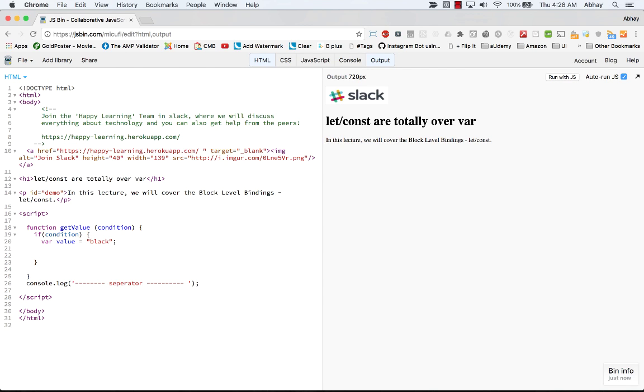You can have all the other code if you want to, but this should be good enough for our example. Then you say else